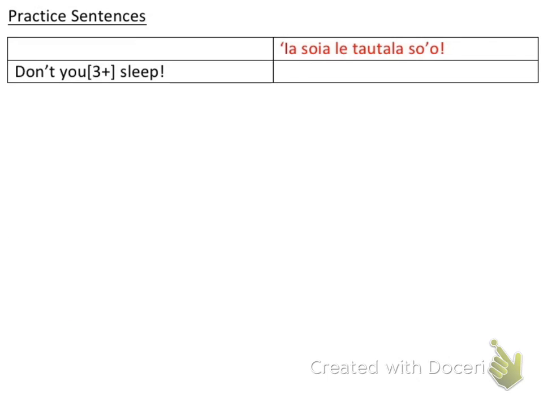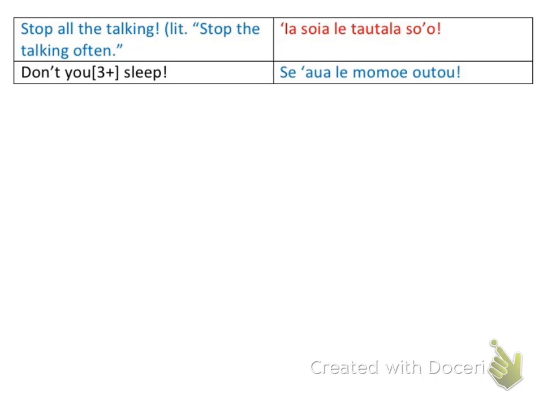So here's some example sentences, practice sentences. I would encourage you to pause the video at this point and translate those. Okay, here is the answers. Hopefully you got something like that. And moving on. If you really wanted to, you could take this U3 plus out if it's obvious by the context that you're telling everyone not to sleep. But if you want to really emphasize, yeah, you need to tell all of them that to not sleep.